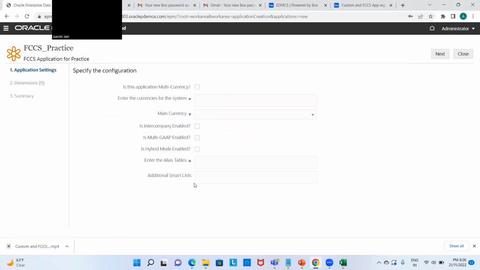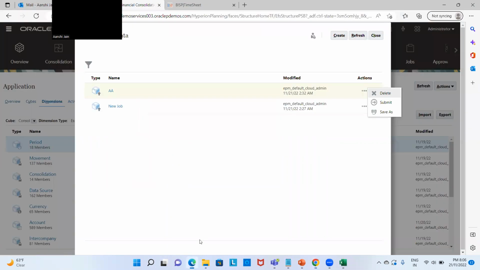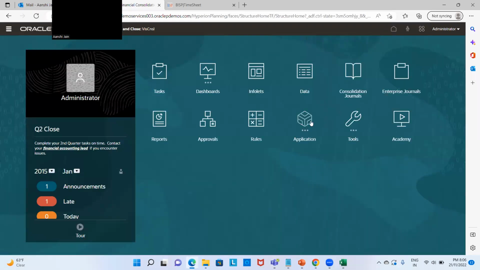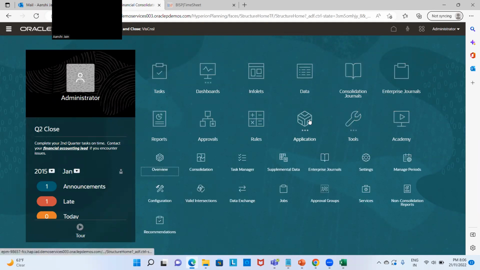Now, when I click on create, it's asking me for some specific configuration. For that, I need to open my FCCS application and see whether those configurations are present in my application or not. And accordingly, we will enable those items for configuration. So we will go to application. This is my FCCS application. And then I will go to configuration,